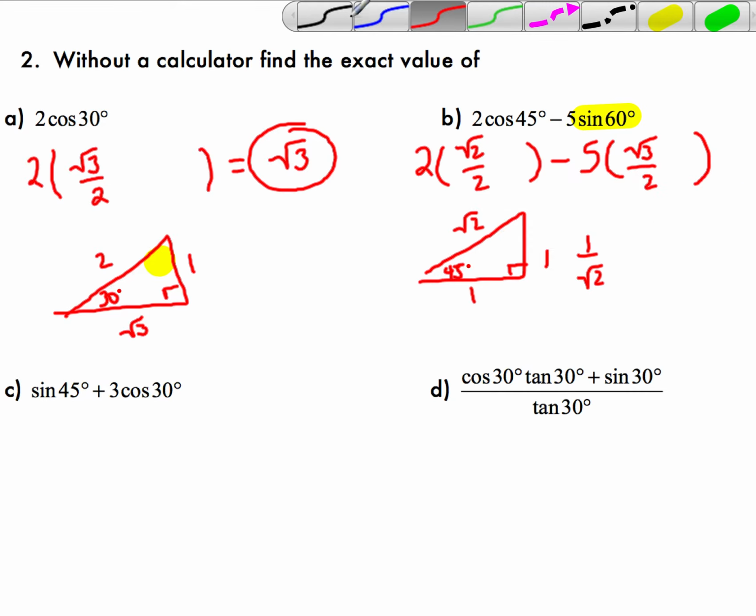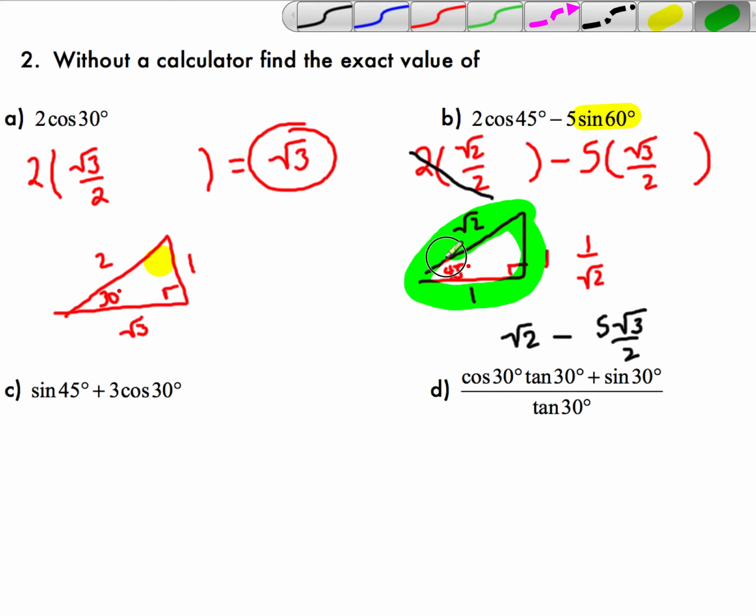So if I simplify this expression, these 2's cancel out. I'm left with root 2 minus 5 root 3 over 2. And we can just leave it as that for now. The sine of 45, I'll look back over here to my 45, 45, 90 triangle. Cosine, I said cosine, but it's sine. Sine is opposite over hypotenuse, so 1 over root 2, which rationalizes to root 2 over 2,